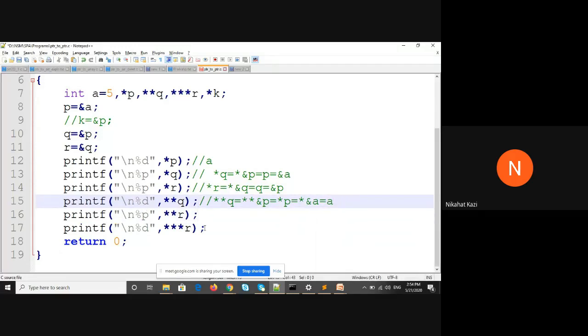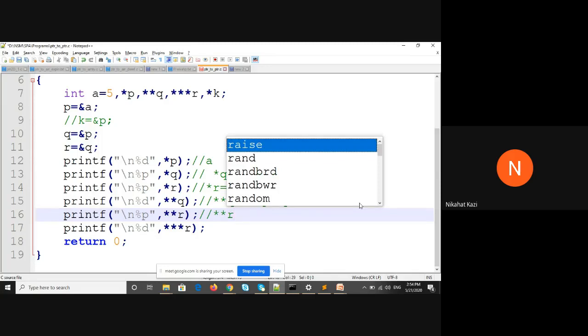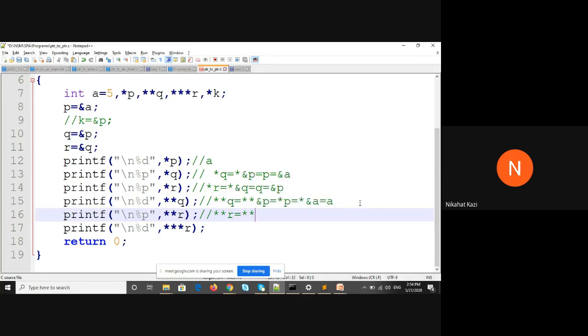So the value will be A's value, whatever it is, 5. Similarly, star of R will give me star of what is R? R is nothing but address of Q. This and this will get cancelled out, so it will be star of Q. What is Q actually?